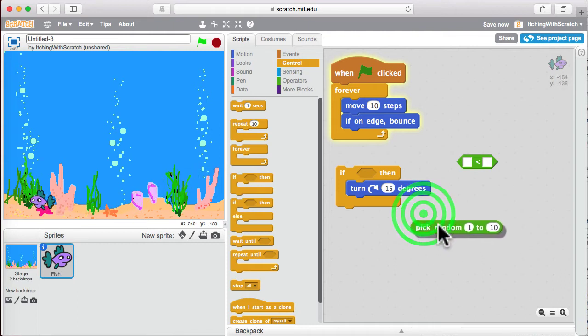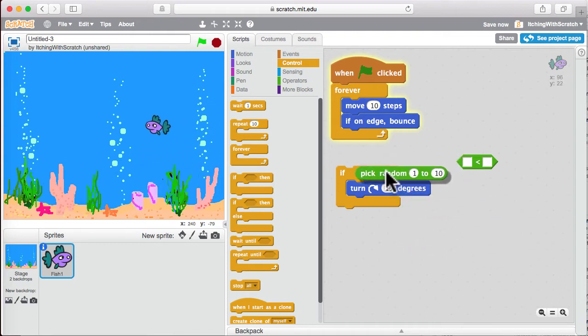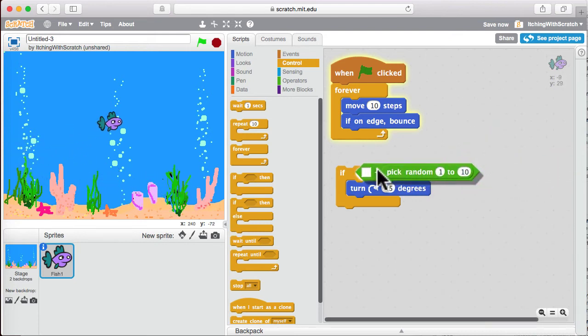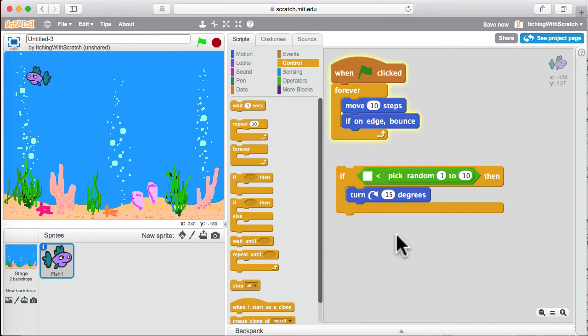I have this one that's a rounded pill, and that's not going to fit in that spot at all. Okay, that spot fits in here, which is really a square. It fits into square areas too, but this rounded rectangle or this square. Okay, then drag this hexagon and put it in there, and now we say if, and here we pick a